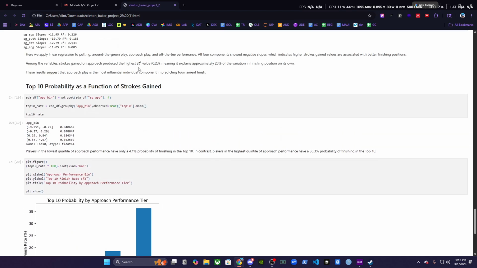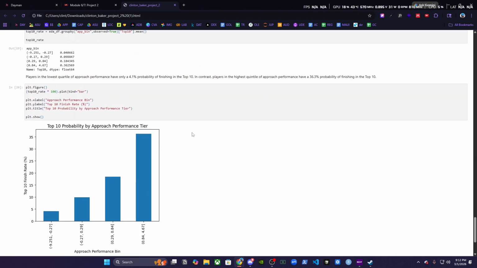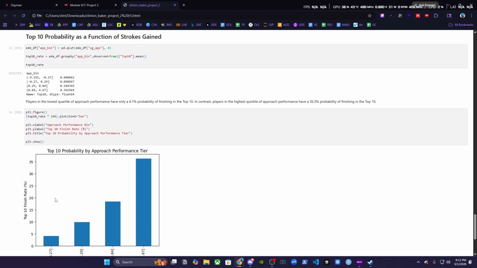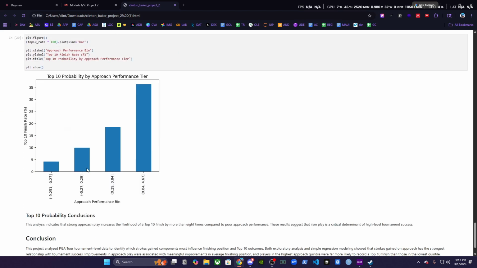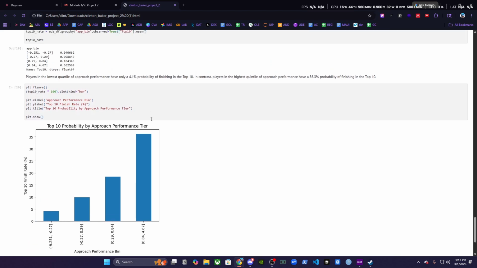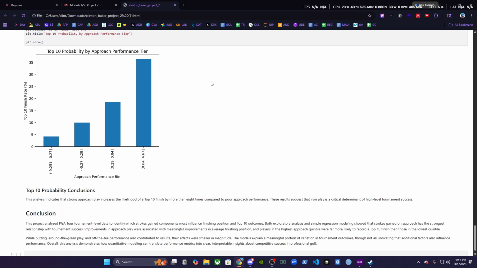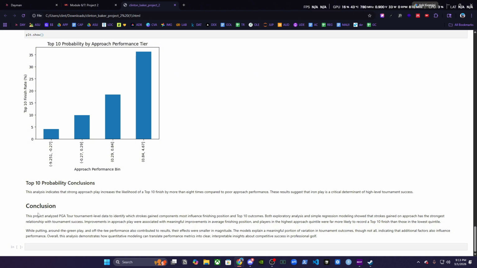It was likely that those who performed well with the approach shots were in the top 10, and it was very unlikely that the low performers, when it came to specifically the approach game, would be in the top 10. And so this is just another visualization, another way to look at this and recognize the value of the approach game. In conclusion,